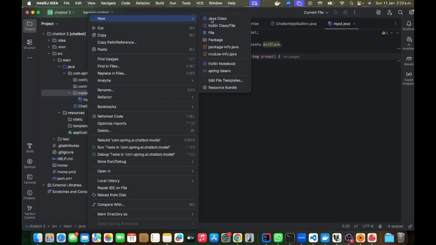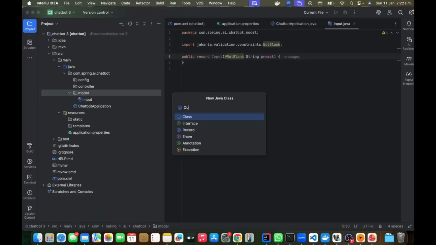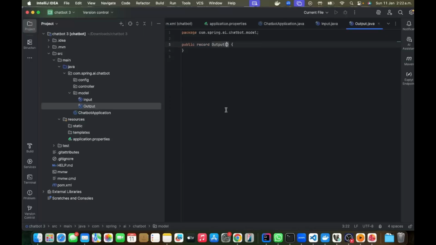Let me create a new class, output. I'll keep this also as a record, which provides the boilerplate code. This I'll keep as content. Content basically is just a response, right? Next,